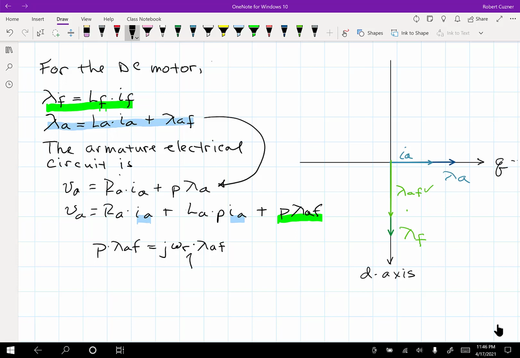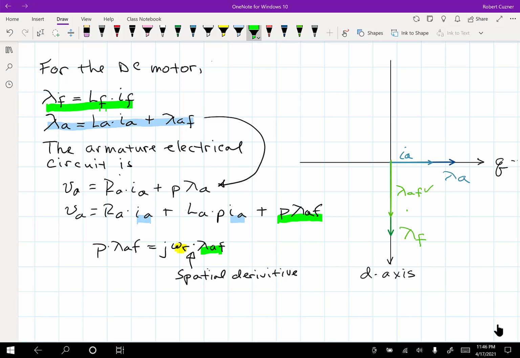And this is really what I was talking about when I said there's a spatial derivative that occurs with every type of motor. What that spatial derivative does is it results in a multiplication of the rotor speed times the flux linkage term, but it also results in a 90-degree